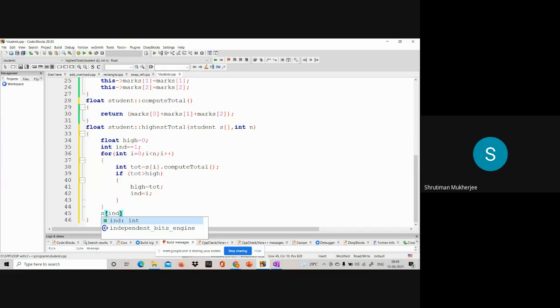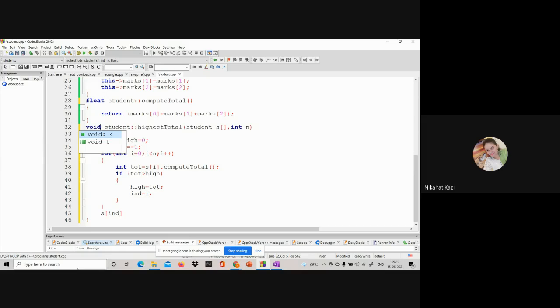Yes, ma'am. So what I will do is, I will simply, instead of float, make it void. This is one way I can do it, and I'll print it here. Okay. There is another way which allows you to return the object. We'll see that later. First, let us write this simple function which we are comfortable with.